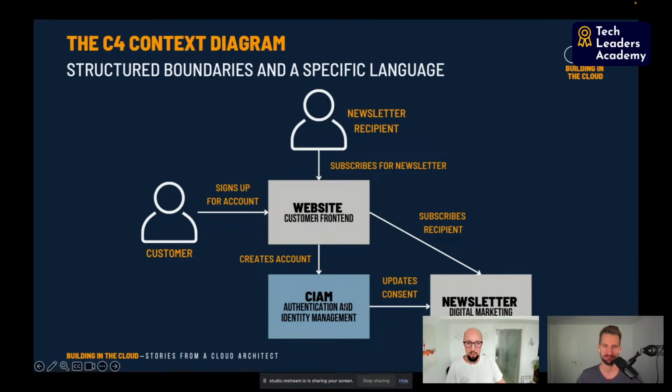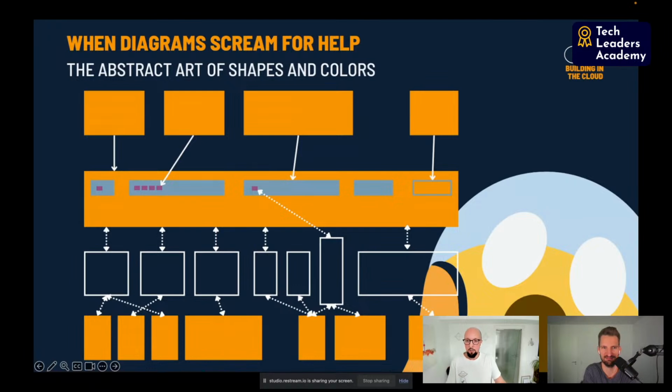Exactly. So don't go into the details of your technical implementation right from the start, because depending on the domain you're in, this can get very complex and overwhelm you, and you can lose sight of the business problems you want to solve, and for whom. By looking at these boxes and arrows, you don't see the customer in the end. You don't see why you're building this. I mean, that has a value, and I don't want to say this is not valuable, but